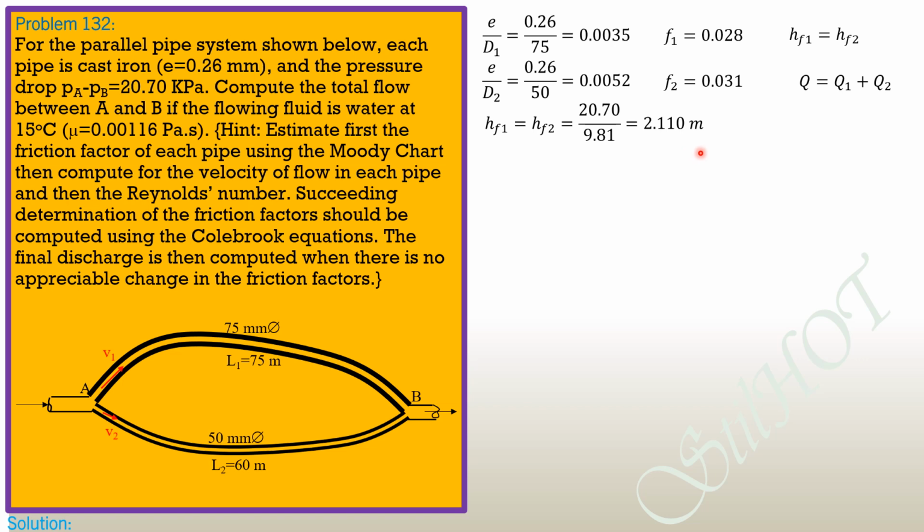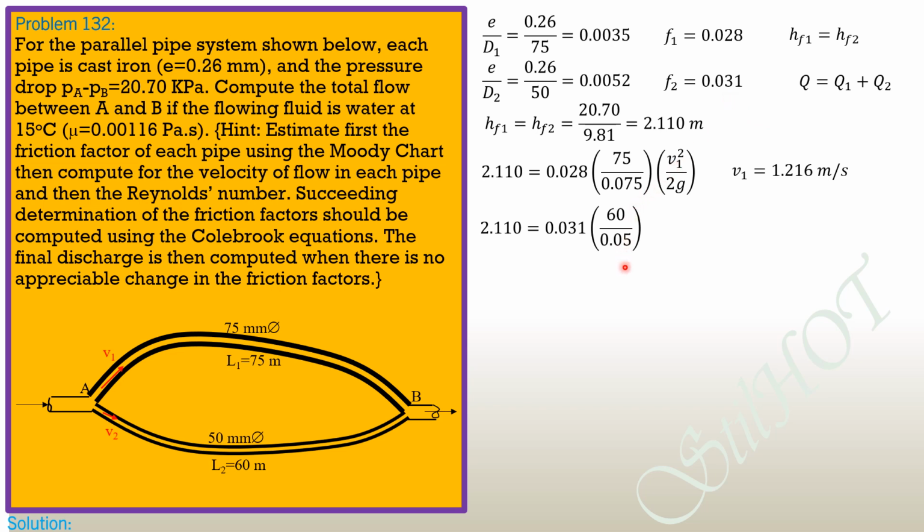We then equate this to the Darcy-Weisbach friction head loss, which is f L over D times the velocity head. So 2.11 equals friction factor 1, which is 0.028 in our estimate, times length 75 over diameter 0.075 times velocity head of pipe 1. From here, we can compute the estimated mean velocity of flow in pipe 1, and it is equal to 1.216 meters per second. Likewise, 2.11 equals 0.031 times 60 over 0.05 times velocity head of pipe 2, and the mean velocity of flow in pipe 2 is equal to